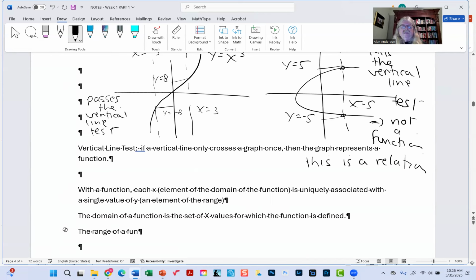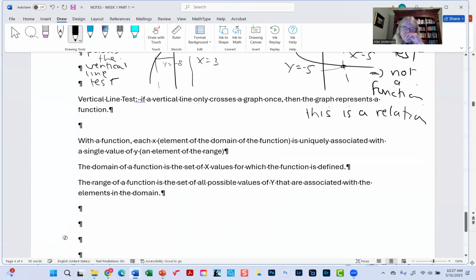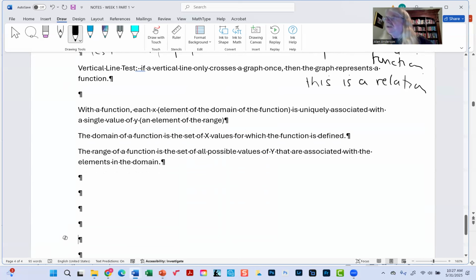The range of a function is the set of all possible values of y that are associated with the elements in the domain. So this is something that there'll be a lot of discussion about, ranges and domains. Just as a quick example,